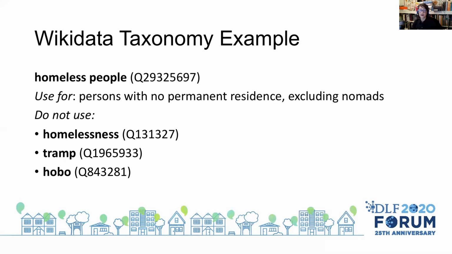As you can see, there are a lot of do not use terms on Wikidata, some of which are quite derogatory. In this case, homeless people was selected because it emphasizes the humanity of the subjects, not just their unhoused status. However, new, more humanizing language, such as people experiencing homelessness or people who are homeless, is emerging, so Wikidata will likely change. The taxonomy guidelines are therefore also a living document that will have to be periodically reviewed and updated as terms and their meanings evolve.